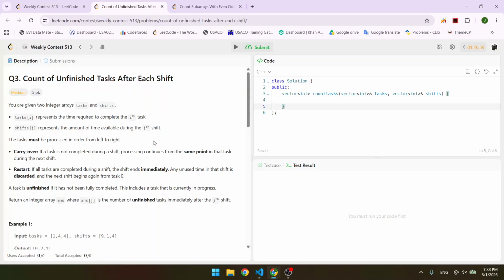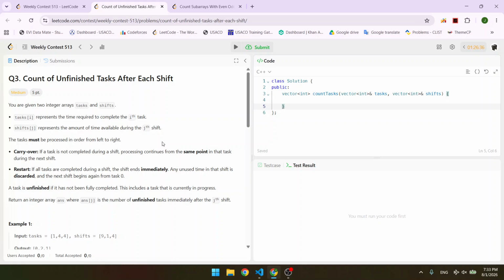Count unfinished tasks after each shift. You are given two integer arrays, tasks and shifts. Task i represents the time required to complete the i-th task. Shift j represents the amount of time available during the j-th shift. All tasks must be processed in order from left to right. Carry over: if a task is not completed during a shift, processing continues from the same point in that task